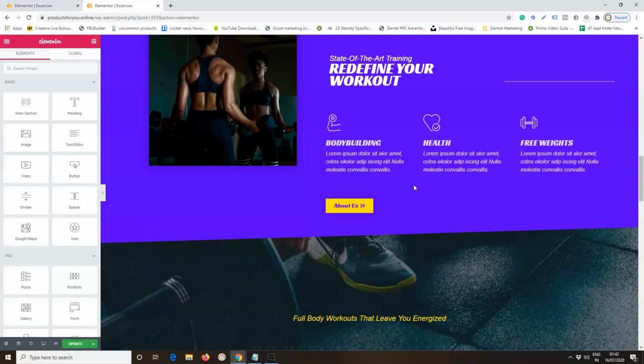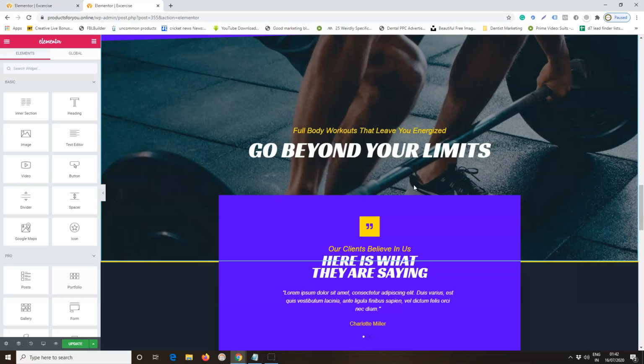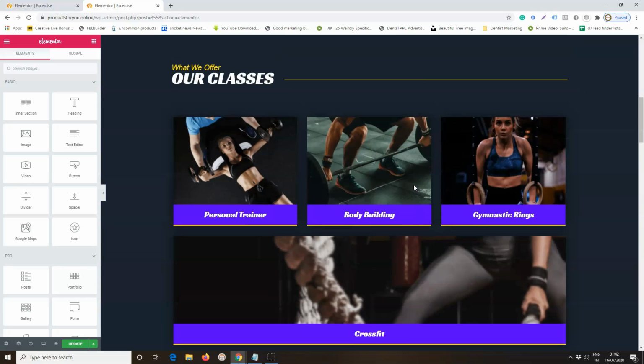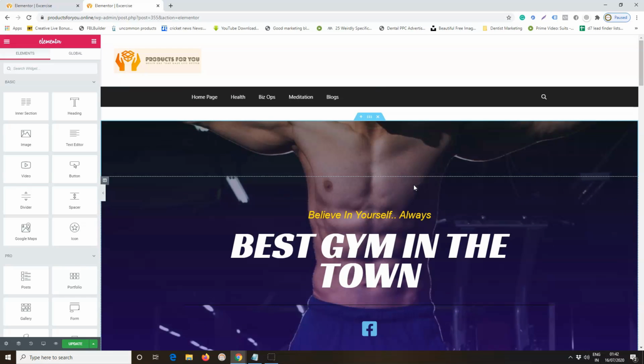So all this functionality you can pretty much get it in Elementor, and with the monthly charges of ClickFunnels you can get it for one year, and you can have 3 websites in that amount.